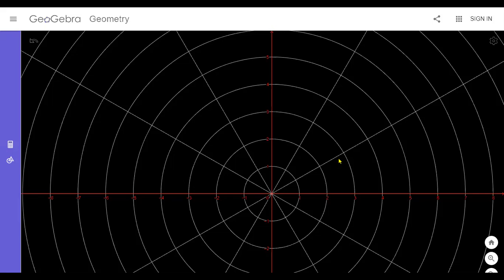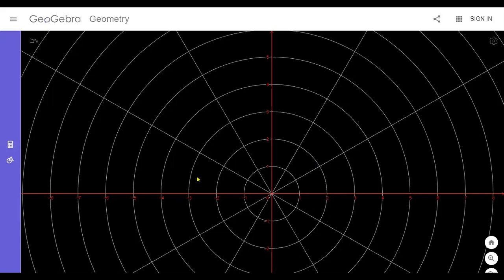For representing a point in the polar coordinate system, we need two things. One is the radius, and the next one is the angle made by the radius with the positive x-axis in the counterclockwise direction. And in the Cartesian coordinate system, we also need two things. One is the horizontal displacement, and the next one is the vertical displacement. If we know both the horizontal and the vertical displacement of a point, then we can easily locate the point on the xy plane. This is the difference between the polar coordinate and Cartesian coordinate systems.